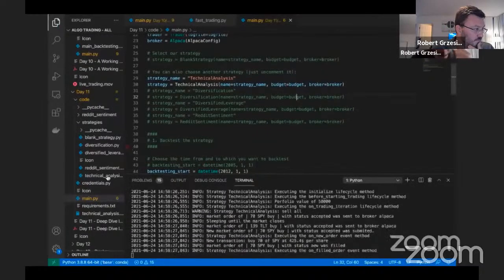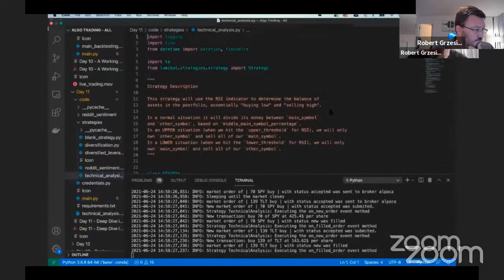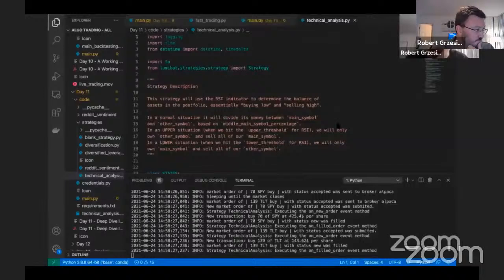So what this one does is, sorry, there's a question here on chat. I want to do day trading, will this help me with that? Yes, absolutely, it will help you with day trading. The last strategy that I just showed you, the fast trading, is very well suited for day trading, right? So what you would do is you would take something like that and combine it with maybe a technical